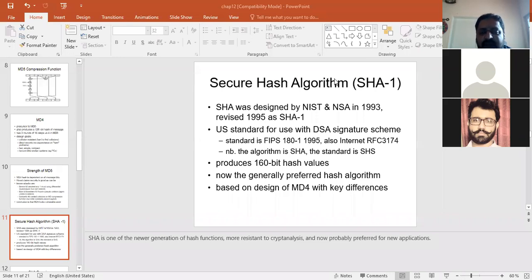For example, it is applied on the data, and it also produces a hash value that is of 160 bits, and it is generally a preferred hash function, and it is also mostly used by applications. Most of the applications use the secure hash function value. So it works the same as we have discussed for the different steps in the MD5 as well. So actually there's a message, and that message actually